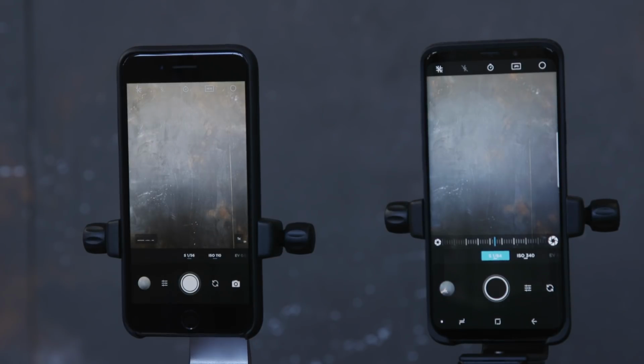So, we have an iPhone here, it's an 8 Plus, and we also have a Galaxy S9, so the Android version of our app. It works for both, which is awesome. So download it in the App Store if you haven't and you found this video somehow, or in the Play Store for Android or Google devices. So primarily I'll be showing you on the iPhone and in tandem the S9 here. The user interface and functionality of the app are the same across both platforms. I will be touching the iPhone because it's a little closer to me, but just know it is the same